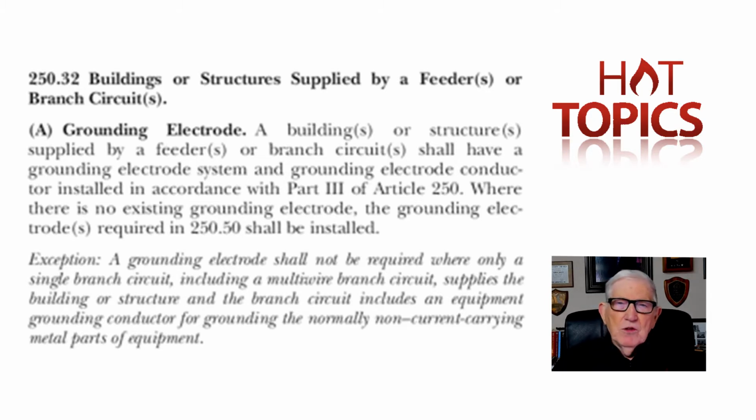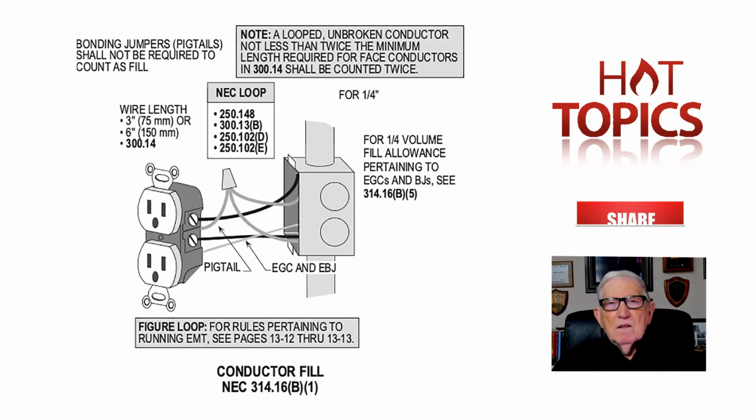Now, 210.4 in the 1975 code was revised to meet more commercial type installations. And it said, well, you had to disconnect all the ungrounded conductors in a multi-wire circuit so that you didn't get between the neutral. So that was a problem, and in the 1975 code, we revised 210.4 to add that information in so that the electrician would know that, for example, if we review the figure